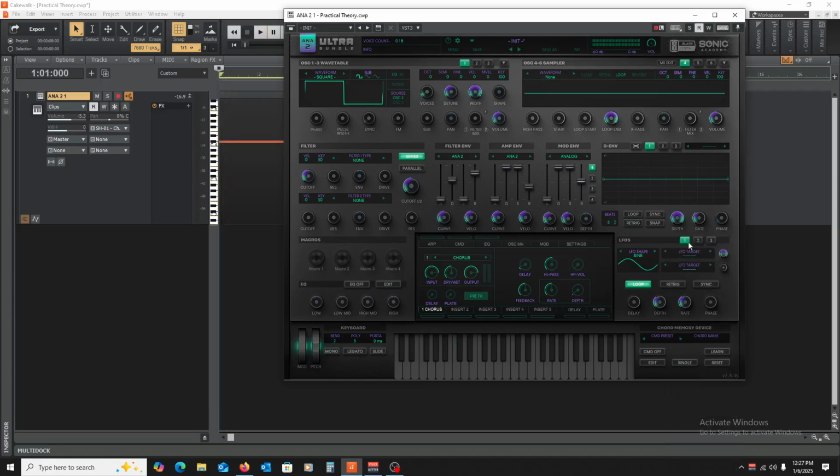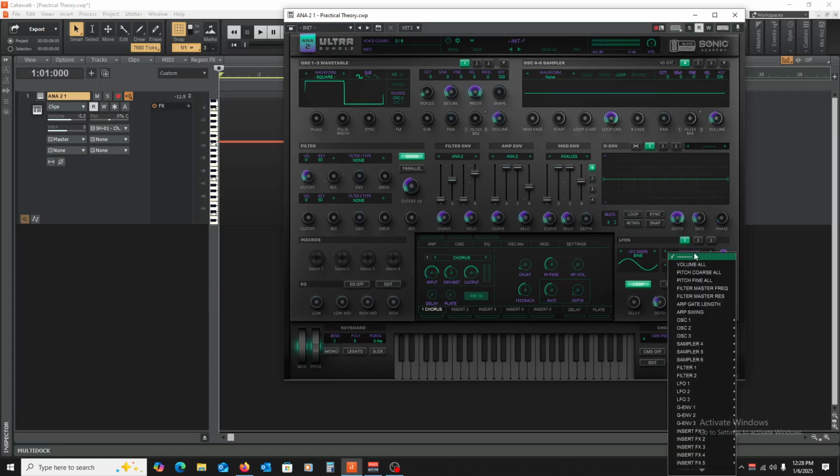Let's turn off our LFO for now. And so you can hear how that is changing the sound. So if we were to link this to oscillator 1, this has 3 different oscillators. You can actually have 3 different waveforms play at the same time.